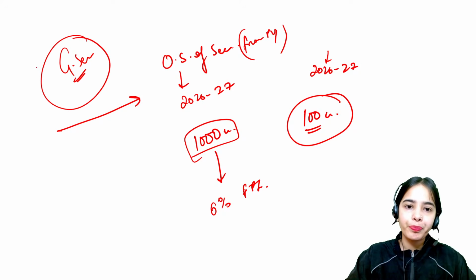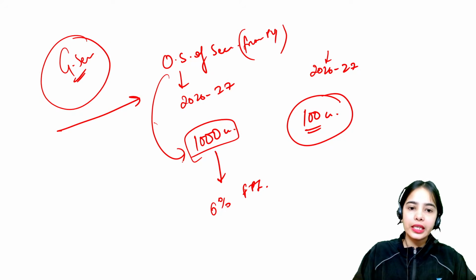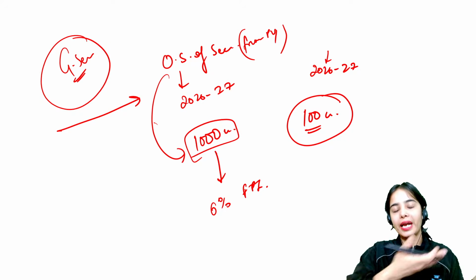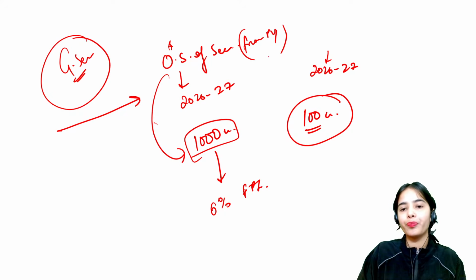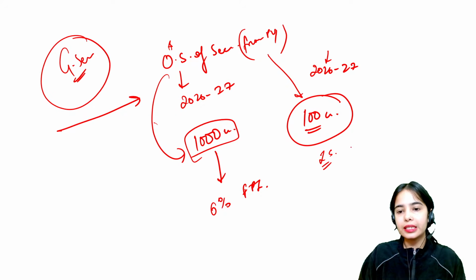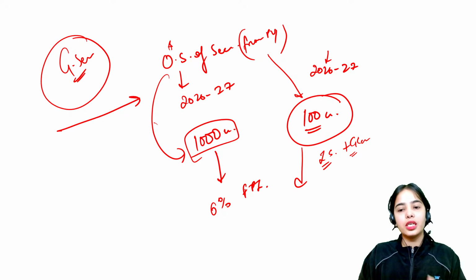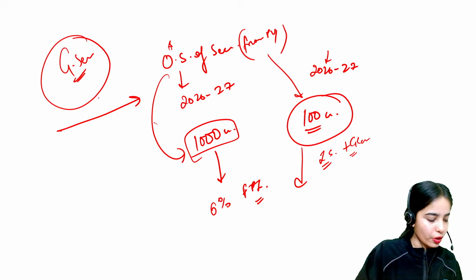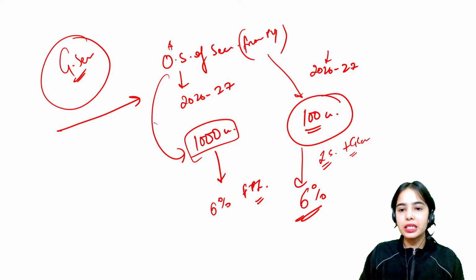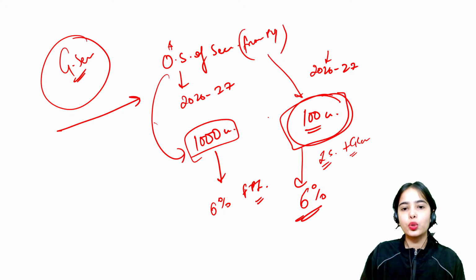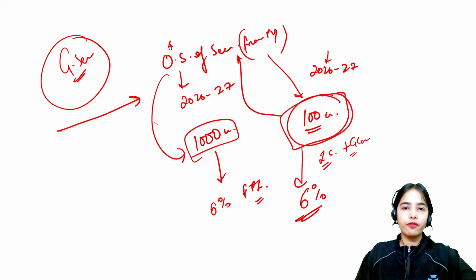Anyone can tell me? So these government securities, they did not mature and they are continuing. That's why this is the outstanding stock of securities. Now this incremental securities, this new government securities that the government is issuing, what is the limit for the foreign portfolio investors for the government security? The limit is still 6%. The limit is 6% because once they are released in the market, they are also the outstanding stock of securities, they are also the total value of securities for the government securities.